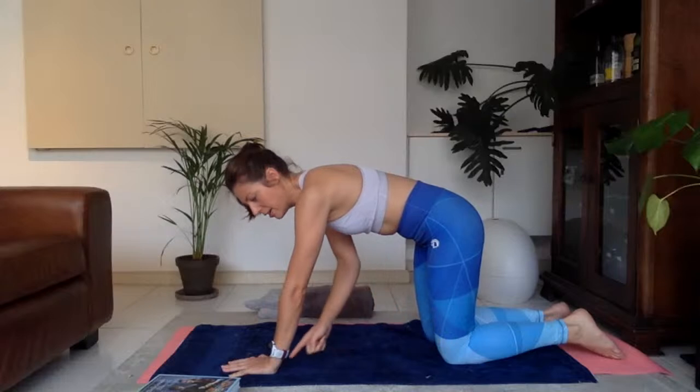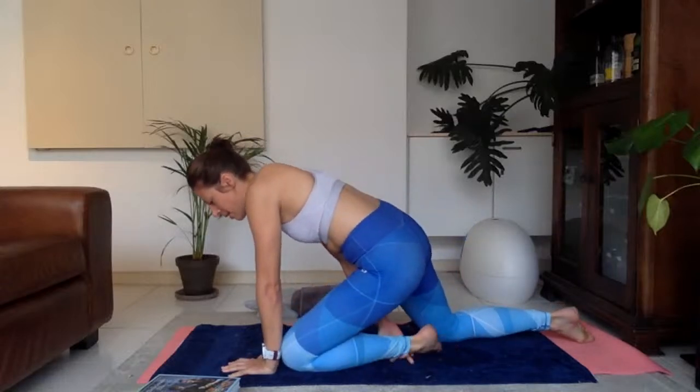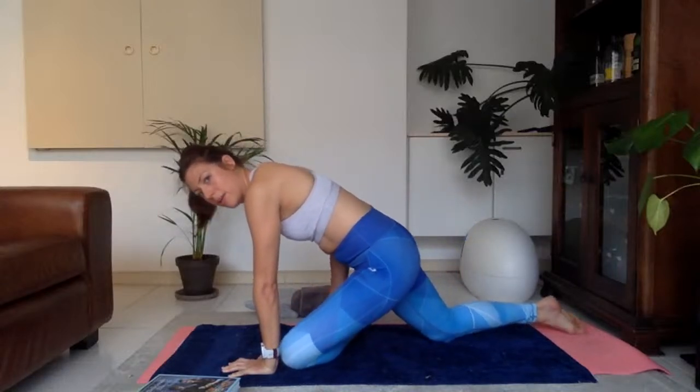Bring the left knee to the left wrist now, as we sit up for a half pigeon on the opposite side. Bringing that left foot to the front, so a number 7 shape. Slowly start to walk the back foot